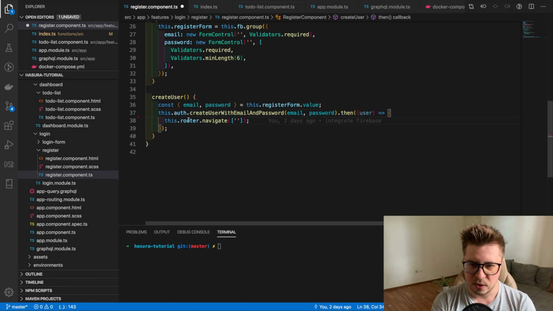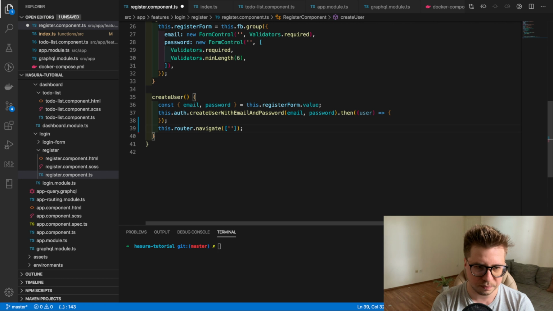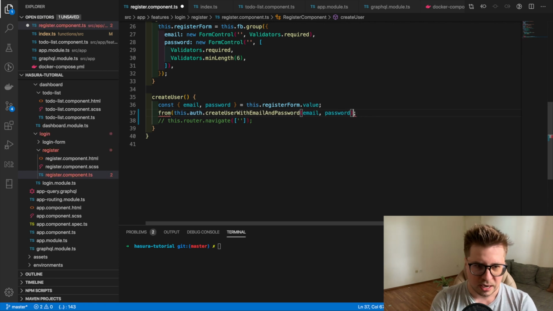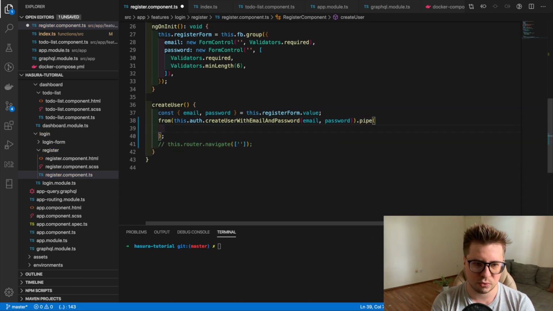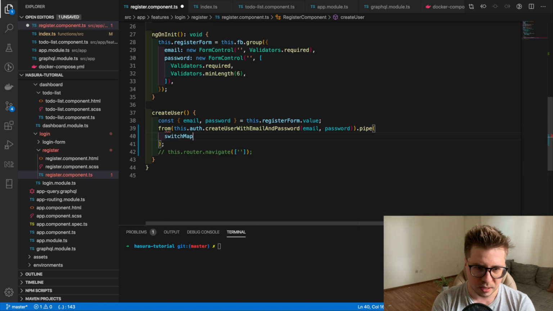Once we created a user, I want to first comment out the router navigation, and then I want to convert all of this to an RxJS stream. I will use the from operator to convert the promise into the stream, and inside I would use the switchMap. So here I get the user in this switchMap, and what I will do,